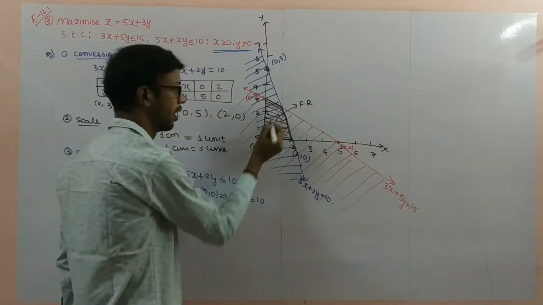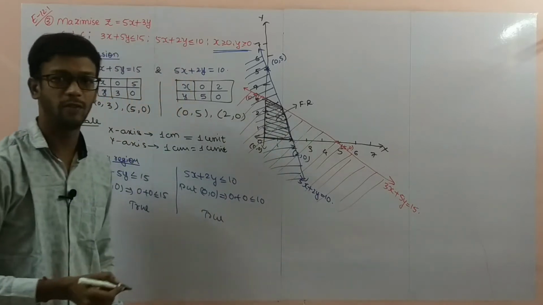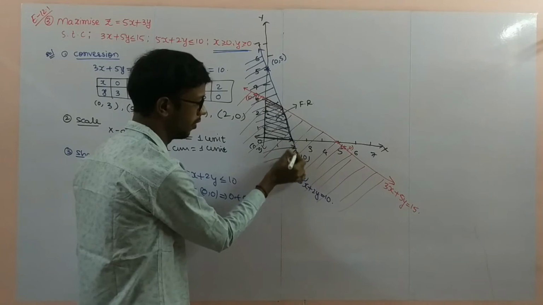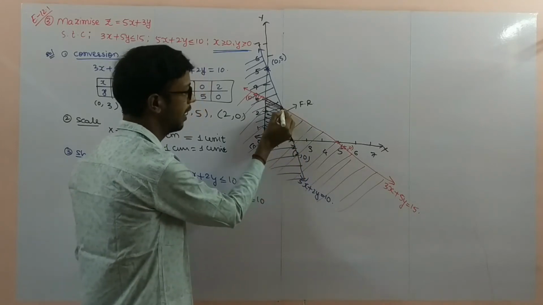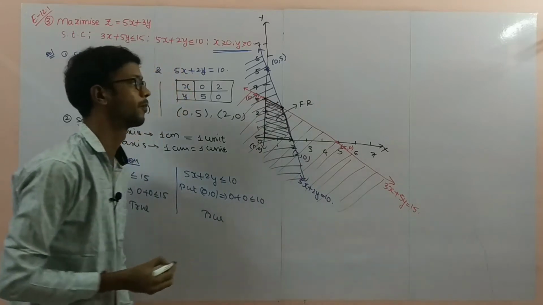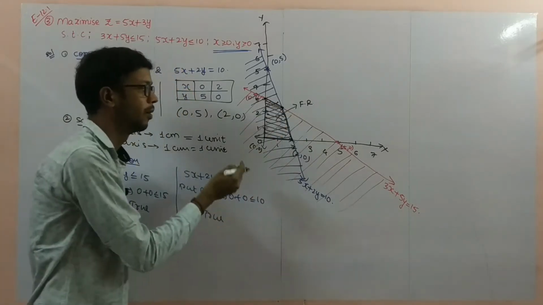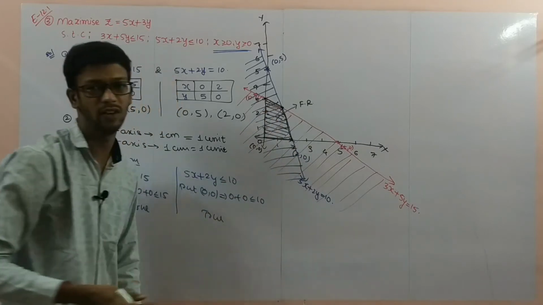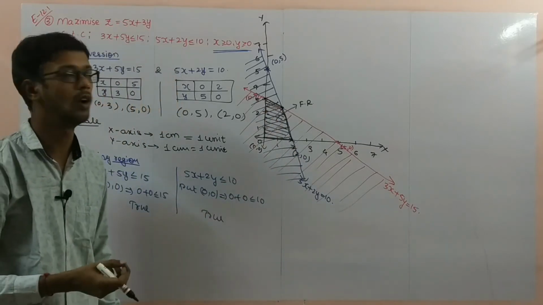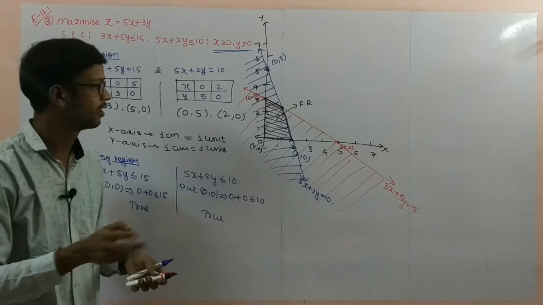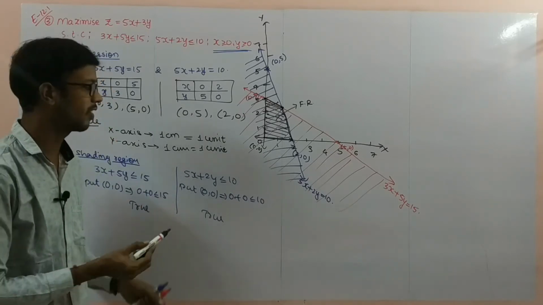Feasible region. Now the corner points of the feasible region are 0 comma 0 and 2 comma 0. This is also one point, 2 comma 0. And this other point we have to find. This point is 0 comma 3. Now for this point, by the graph you observe that it lies between 1 and 2 and there is no perfect value. So for this position we have to solve the two equations. What are the equations here?